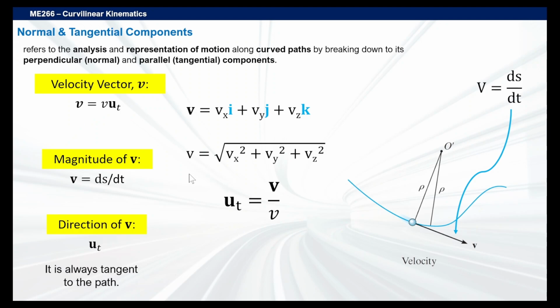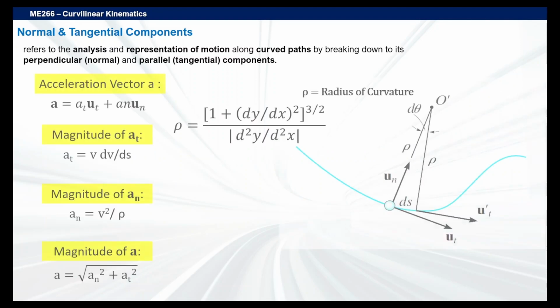See? All we have here, if we have components, we just need to know Vx, Vy, and if it has a third axis, Vz. And we just need to square them, get the sum, and then take the square root. That's the magnitude. Or in this case, we get the magnitude of velocity by getting the derivative of position, or the change in position over time. But with acceleration, as I said earlier, we have to consider the tangential acceleration and